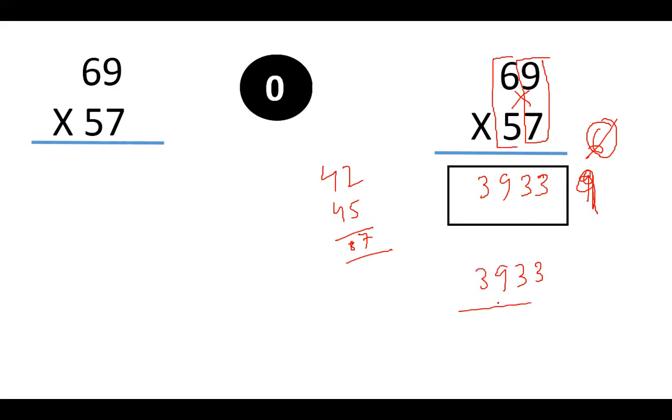So that is 3933. So this trick is amazingly simple, although it is based on some mathematical rule. So the rule is there, so you cannot say that it is working for certain numbers, it will not work for others. It will work for all numbers, kids, and it will also improve your mental ability. So a lot of calculations you will do in a faster way in your mind, and then fewer steps are to be written on the notebook.